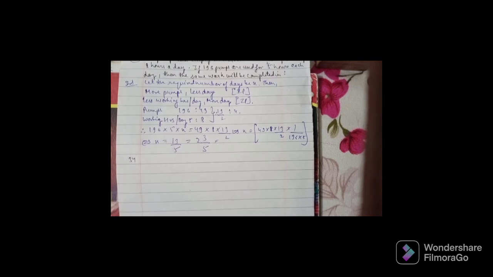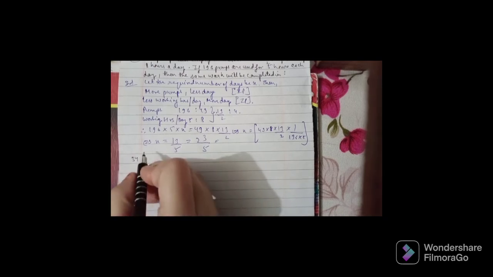So the question we have is: 30 laborers working 7 hours a day can finish a piece of work in 18 days. If the laborers work 6 hours a day, then the number of laborers needed to finish the same piece of work in 30 days will be. The options are 15, 21, 22 and 25. So we have to find out the same. Let's go here, and these were the important questions. As I told you many times, you will go ahead and find the videos there with the solutions